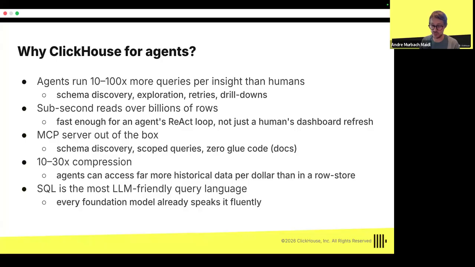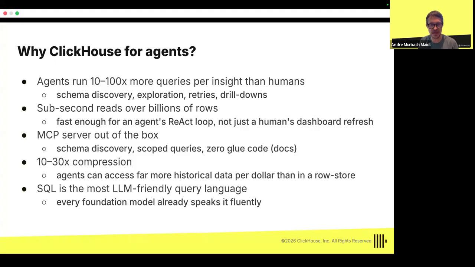Another very interesting fact of running ClickHouse on cloud is that when you create a service, what you are actually paying for is compute, because all the data is stored in the object storage of the provider that you are using, and this makes it much cheaper to store data.